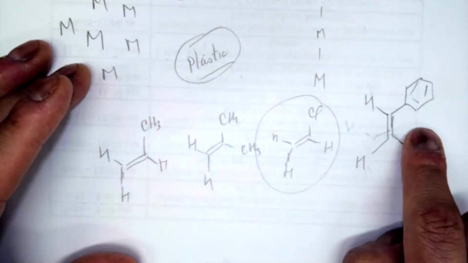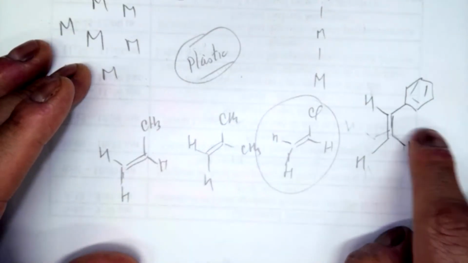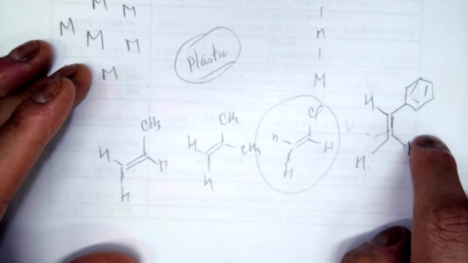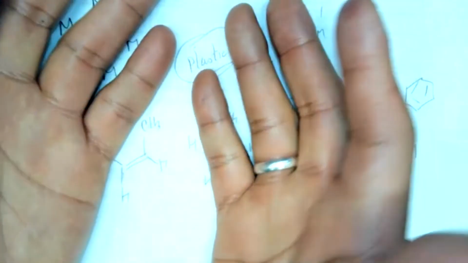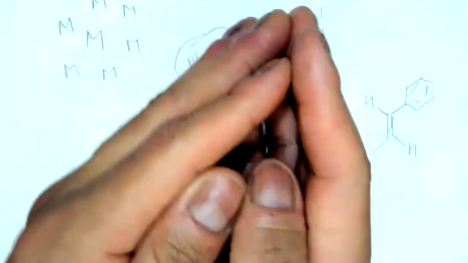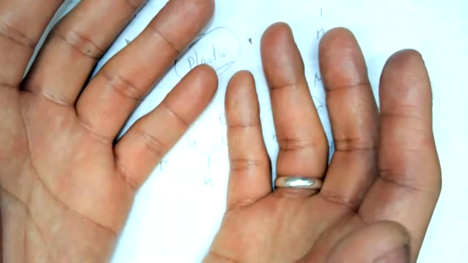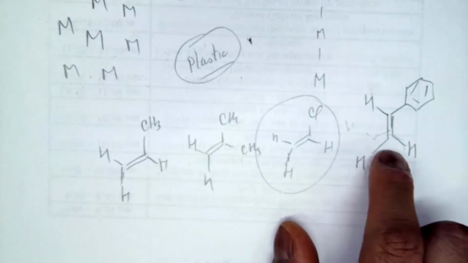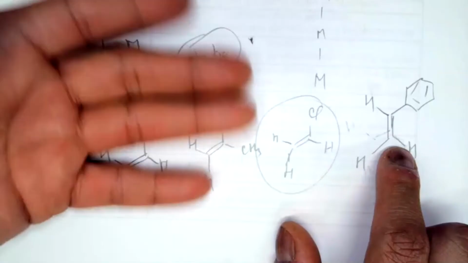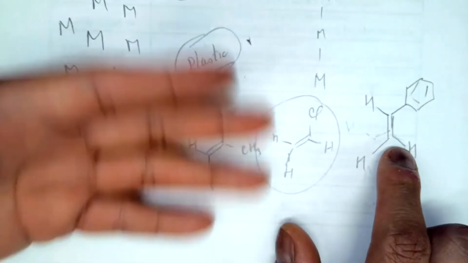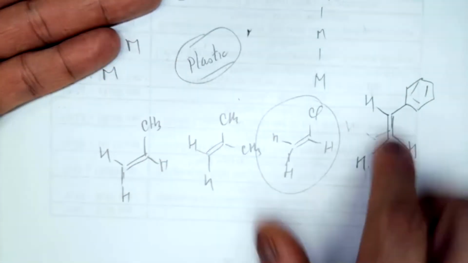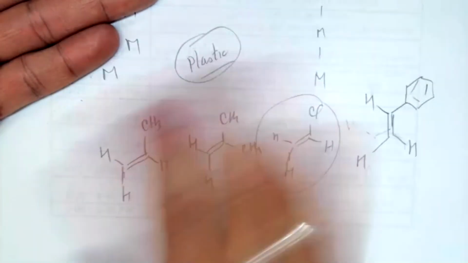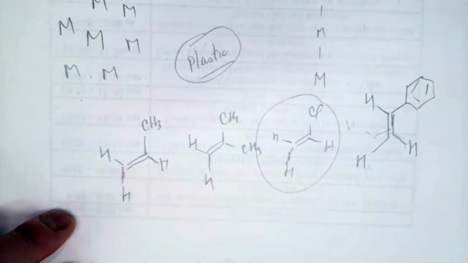Styrene is even worse. That's why in New York City, they banned the styrofoam lunch boxes, right? Or food boxes, right? So now they use a different type of plastic. Why? Because the styrene is so bad. And the bad thing, it floats in water. If it floats in water, birds, fish, they can all eat it. Turtles, right? So any type of animal can eat that plastic, and that's bad for the environment, right? So let's watch